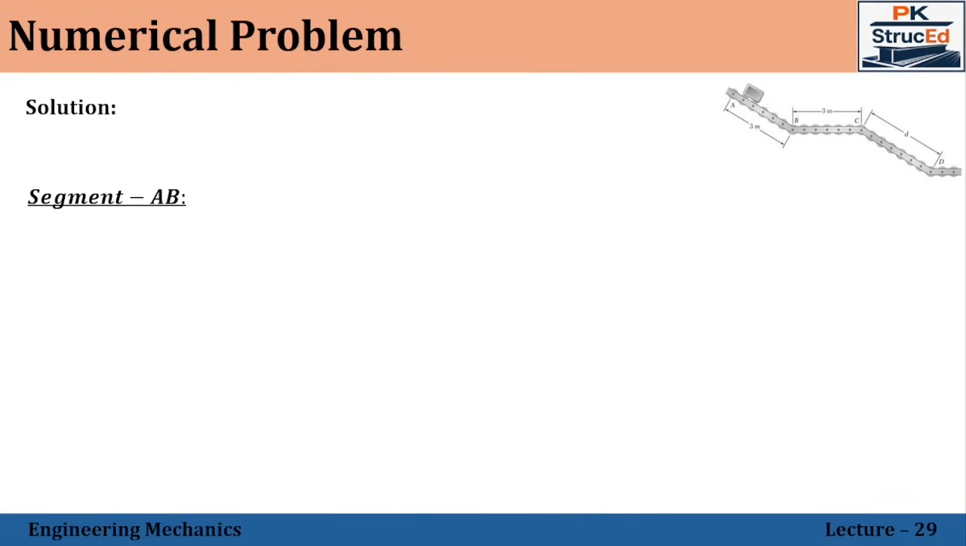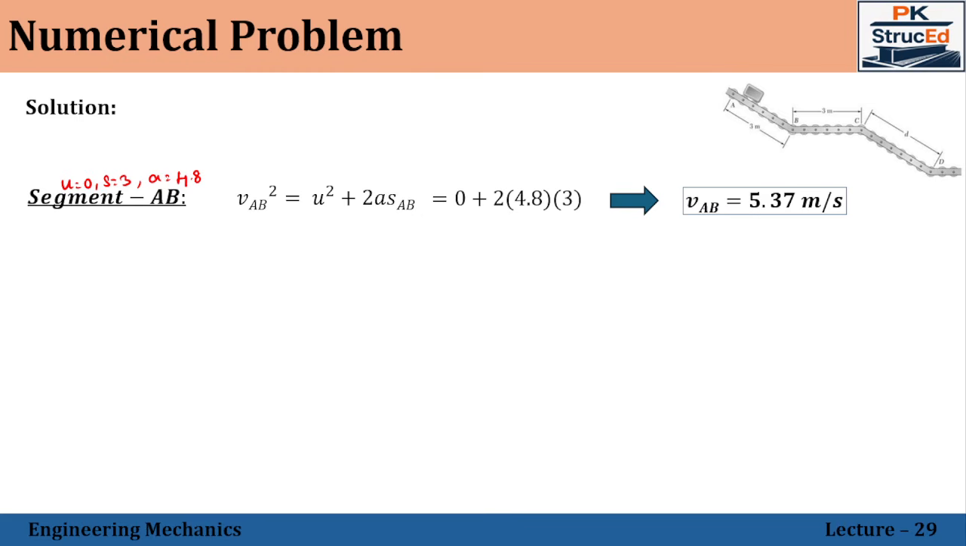Right. Let us move with the first segment AB. We have u equal to 0 in this segment, S is equal to 3, and a is equal to 4.8. Using V square is equal to U square plus 2aS for the segment AB, since u is equal to 0, VAB square will be equal to 2a SAB. Substituting the values, 2 into 4.8 into 3, we are getting the VAB value as 5.37 meter per